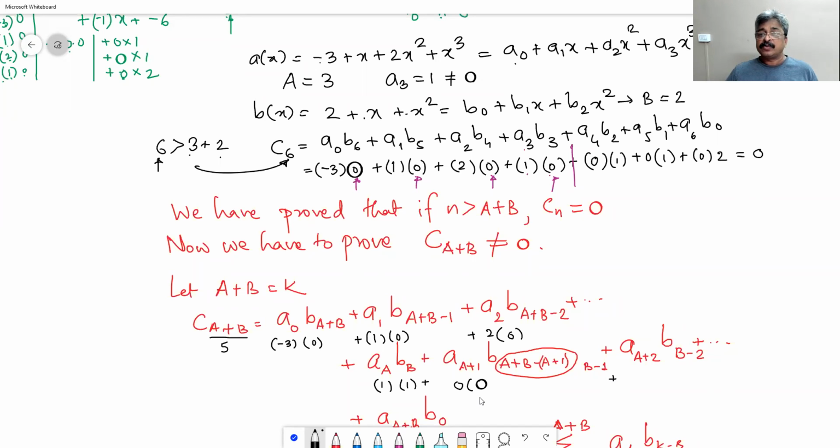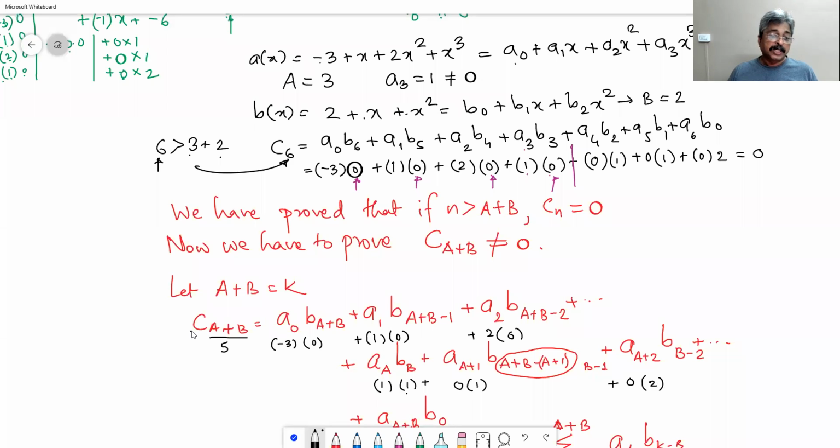How much is b minus 1? This is 1. It became automatic, it seems. Then this is a5. a5 is 0, b0 is 2. So these many terms we have, and the middle term AABB is 1 into 1, which is